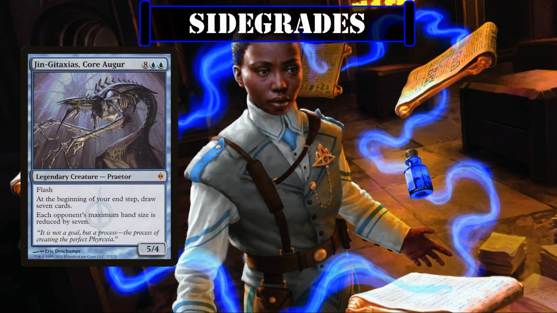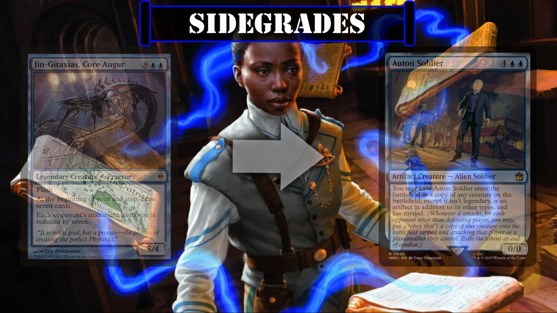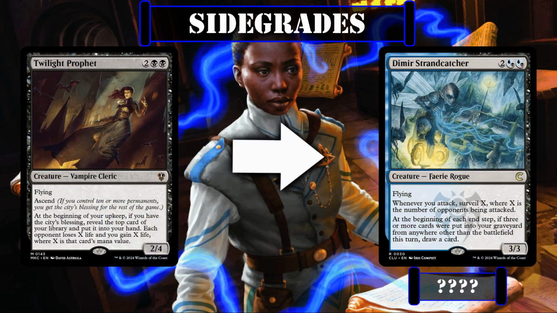Zhingataxius Core Augur can be replaced with Auton Soldier if we don't want to be as mean towards our opponents, and or would rather have a way to double up on our commander's growth and reanimation by getting an extra non-legendary copy of him into play, and, depending on how much its final price ends up being, we can look into swapping out Twilight Prophet for Dimir Strandcatcher to give us access to another manaless and repeatable source of surveil that also functions as a card advantage generating surveil payoff on top of that to better fit with this deck's